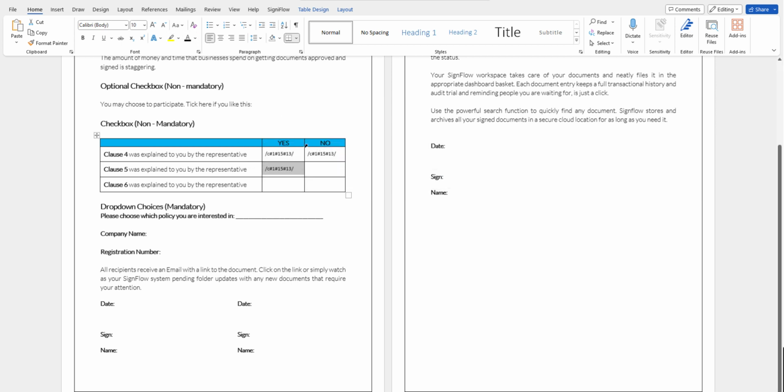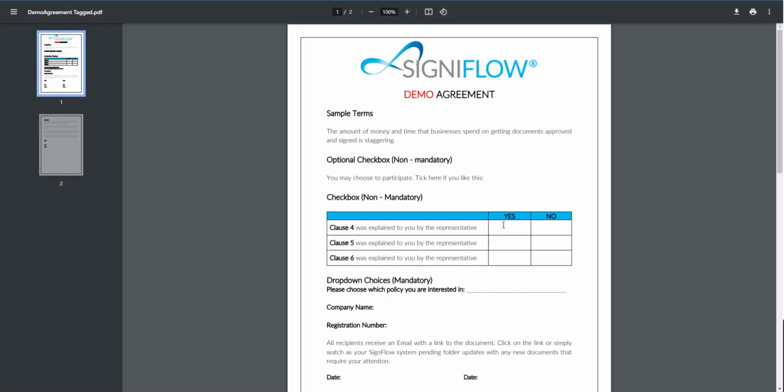As the tags are hidden with white text, simply highlight all text in the Word document and change the text color to view the relevant tags. You can delete, change or replace any of these tags with other auto tags. Save the document to PDF and convert it to a new base 64 string that will need to be copied into the Postman collection. To view available tags, please reference the SigniFlow Open API tagging system documents provided with the